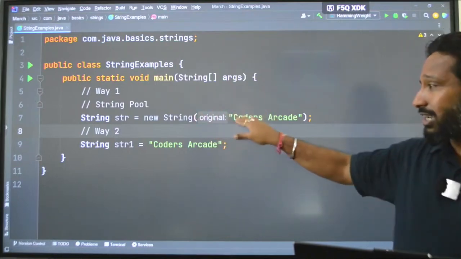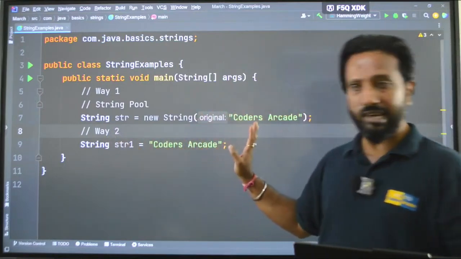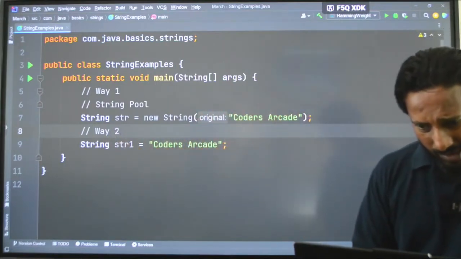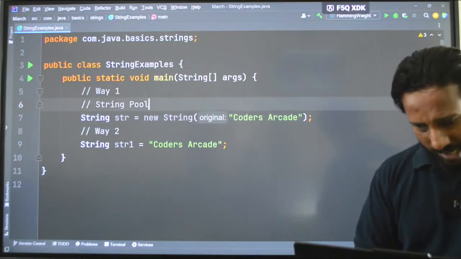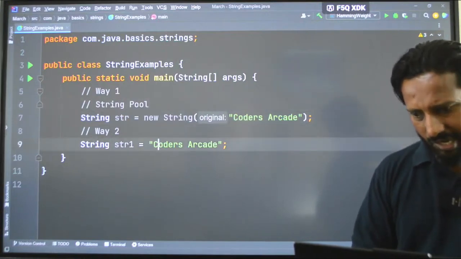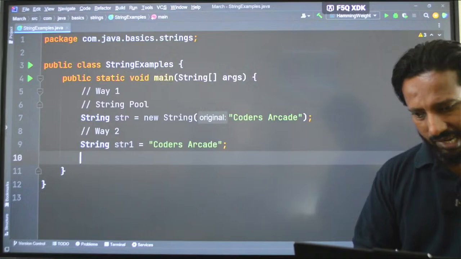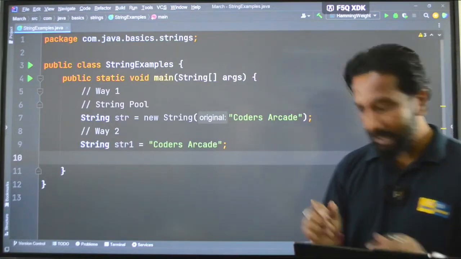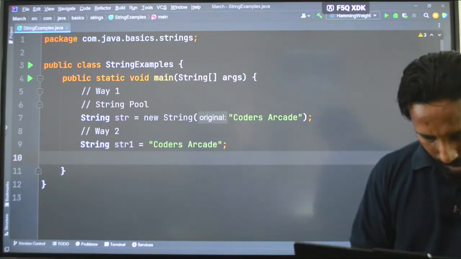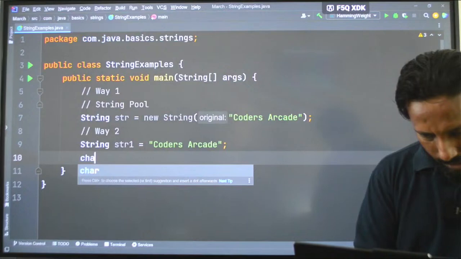So rather than writing like this, we will be using this particular syntax. Fine. And there is a very important interview question that is asked, especially in two companies, Infosys and Capgemini. Okay. So they will say something like this. I have a character array,